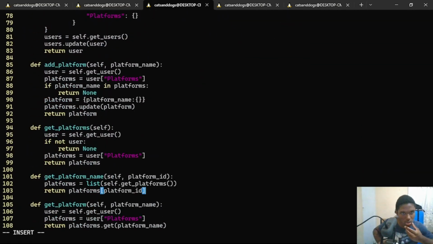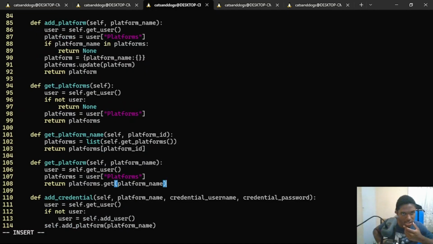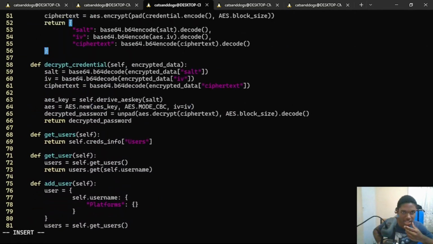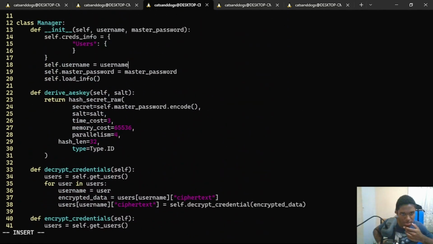So what we actually need, guys, is this get_platforms function, because we'll need to iterate through each platform. So instead of users, this should be platforms equals self.get_platforms. Then for platform in platforms,